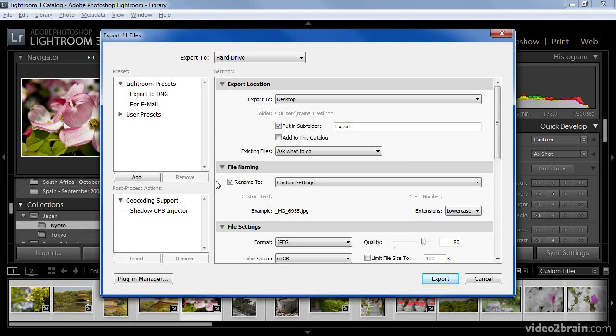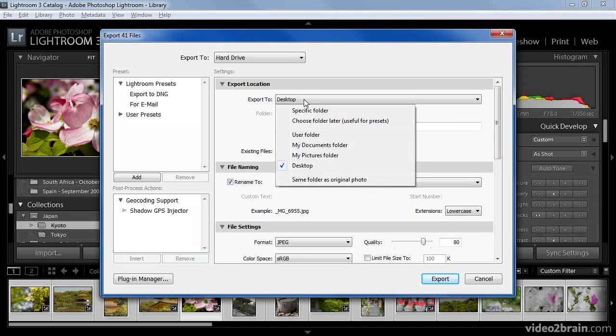The first decision we'll need to make is where we'd like the exported images to be saved. I find it most convenient to save those images on the desktop, but you can also choose a specific folder. You can specify that you want to choose the folder later, which is helpful when you're using a preset to export images, and you have some other options available as well. The last option is to save the folders in the same location as the original images, which can also be helpful in certain situations. But again, in this case, I'll just save them to the desktop so that they're readily